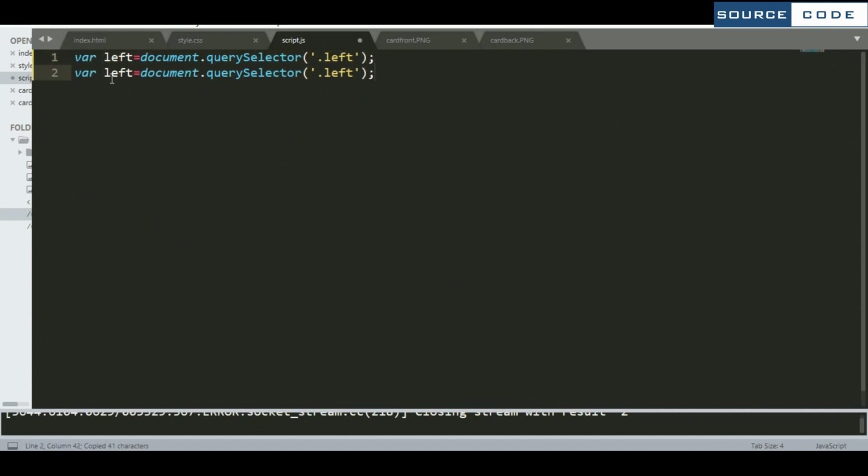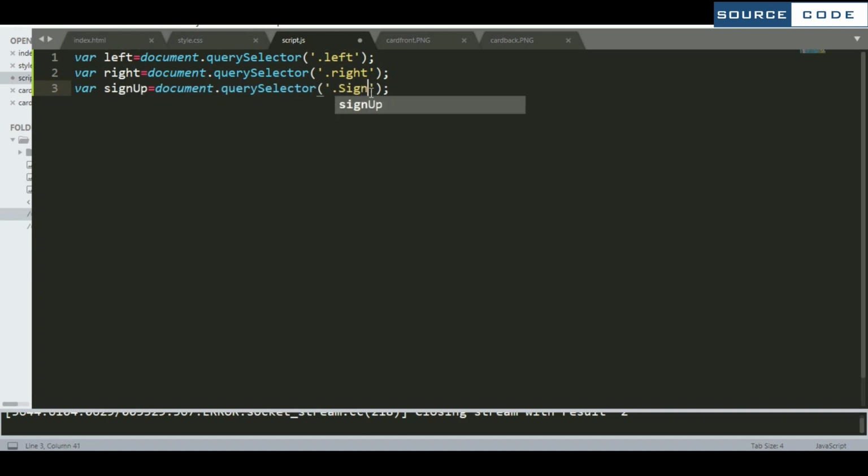This one is going to our right, and this is a card right here. Now make it as sign up. Now copy this one, make it as sign in.